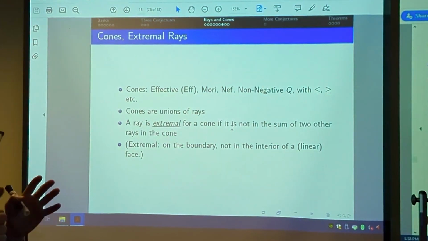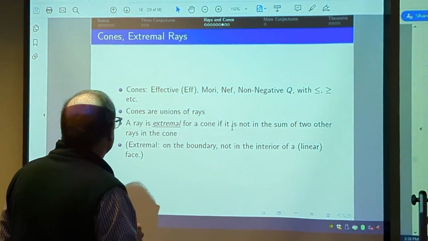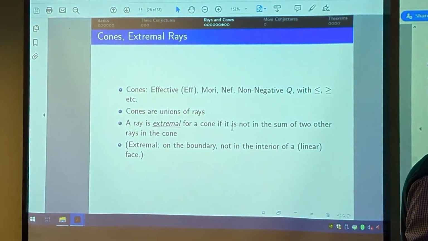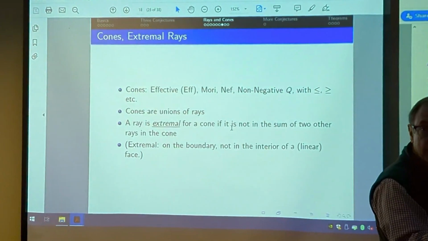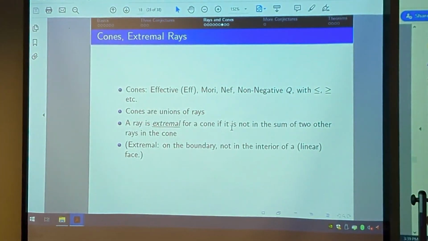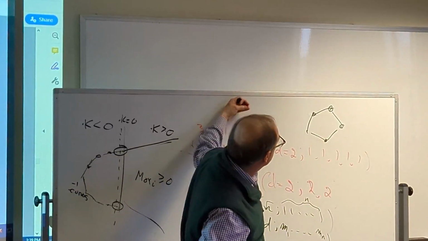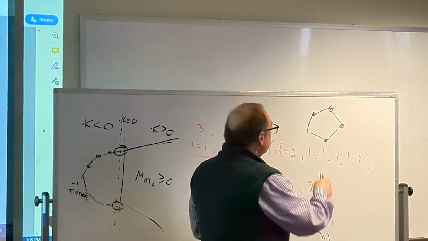Yep. Cones are, of course, unions of rays, because if you have a vector in the cone, you have the whole ray in the cone. And so you could try to understand the cone by what's called the extremal points, sort of the boundary of the cone. And the boundary kind of determines the cone, because it's a cone. And so we say that a ray is extremal if it's not the sum of two other rays in the cone. And if you have a polyhedral cone, so think of this as a slice, and the origin is behind the board, it's coming out. You slice, you get this. The extremal rays are the vertices,